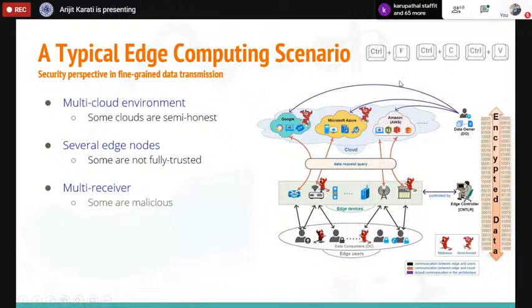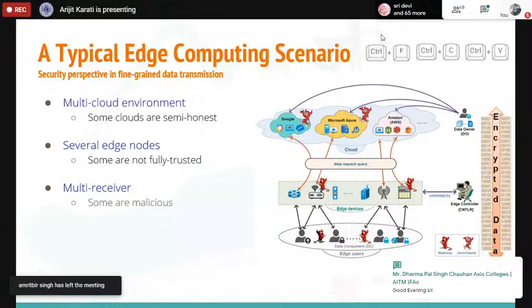So that's why it's very interesting: Control F, Control C, and Control V. Using these, you can also think of the edge computing systems or the communication directions, and how edge devices are helpful to get the data with lesser latency. So in this picture, if you see,